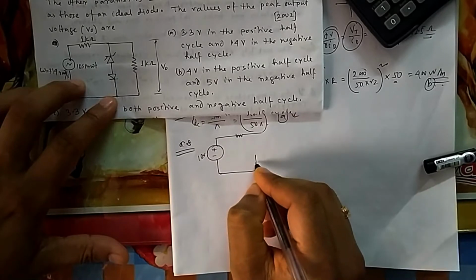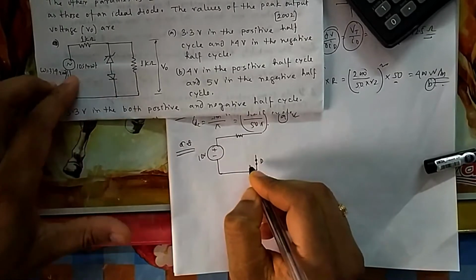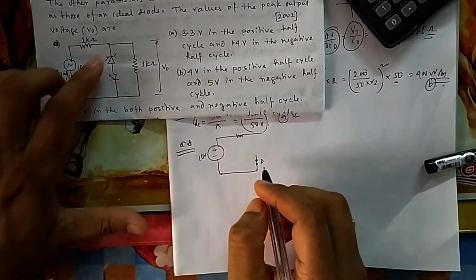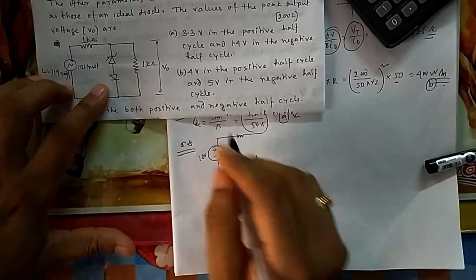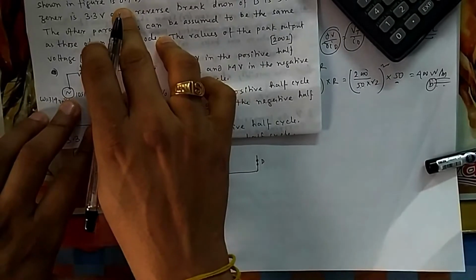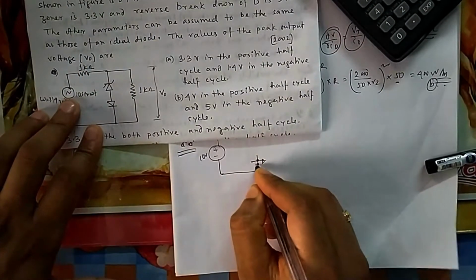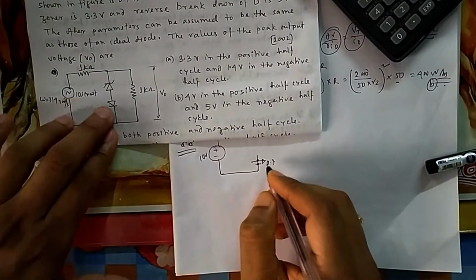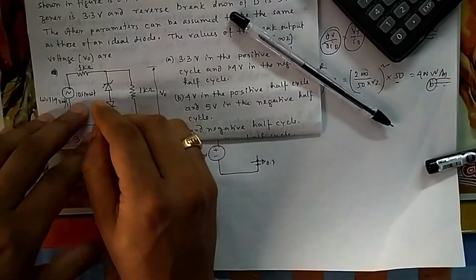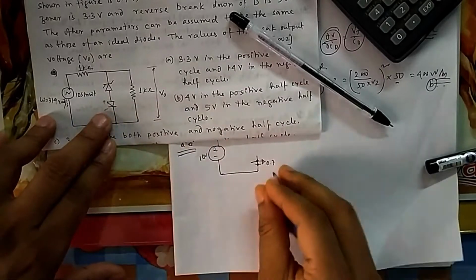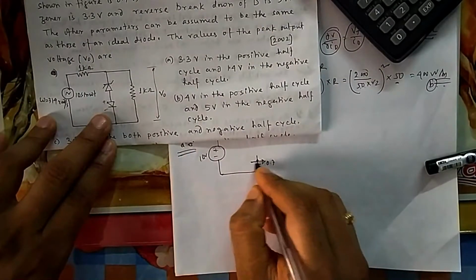This diode will look like a short, because it is now forward voltage, plus minus, it is forward. And if you see, Zener is reverse voltage. So forward voltage, there is a drop. What is the drop? They have given cut-in voltage, that is 0.7. So it is forward bias, but it will have a drop of 0.7, and the drop will be in plus minus direction. This is plus, this is minus. So this drop will be 0.7. The plus minus, you have to also see the polarity.